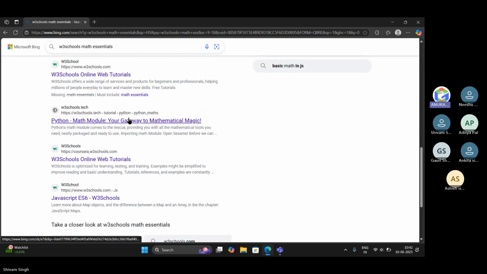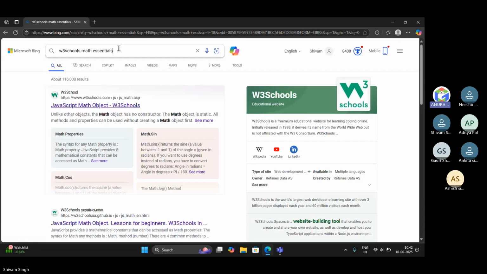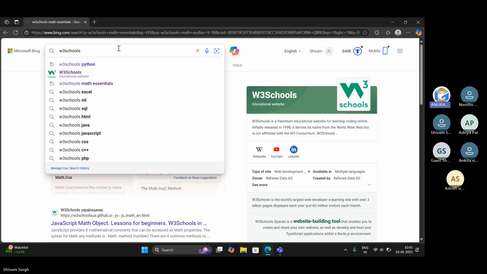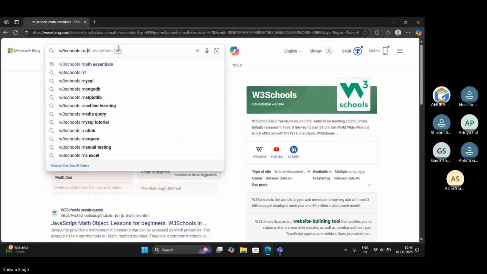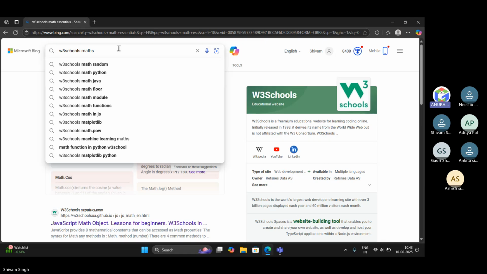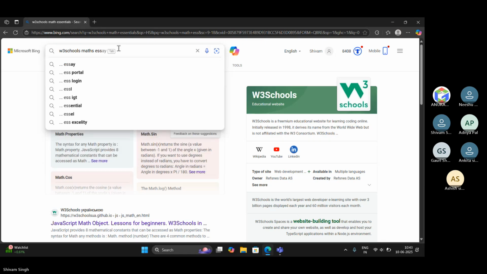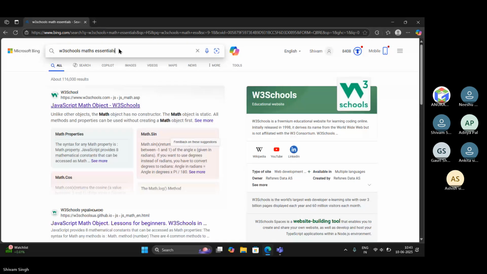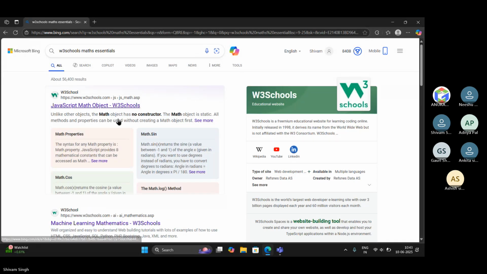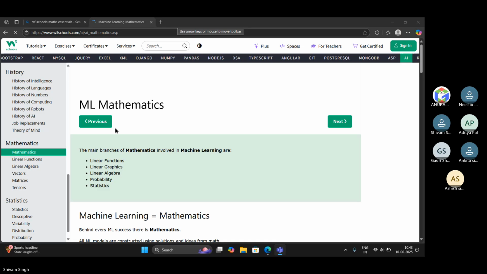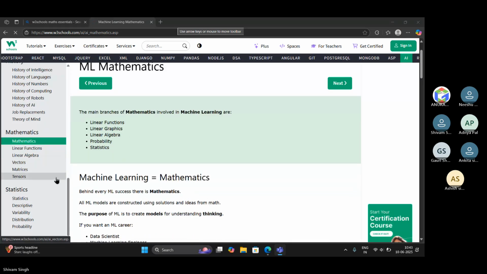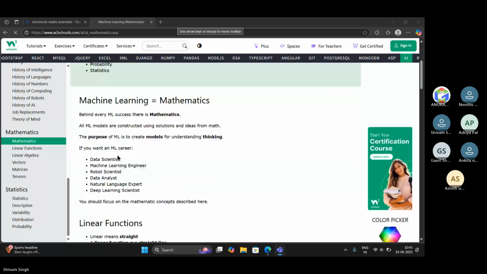Yeah, so open W3Schools, Maths, Maths Essentials. Yes, this first one, Math Essentials.